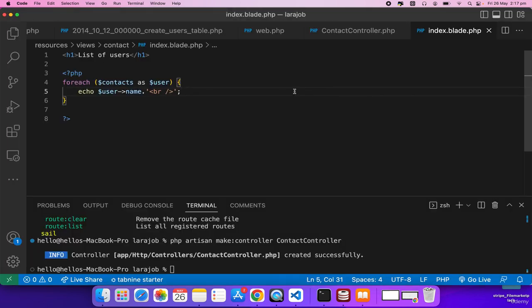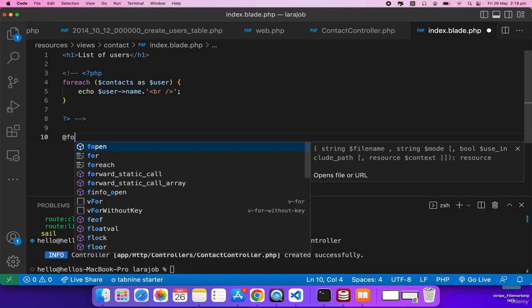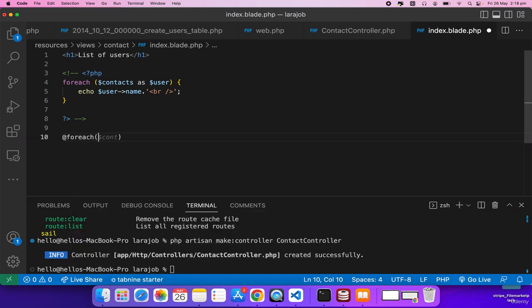So in Blade we usually avoid this type of syntax. We'll not be using the PHP tag. So instead of this we'll do something like this. I'll show you. We'll write @ and then foreach, and then we have to end this foreach with @endforeach. This is the Blade syntax, and in the foreach here we write contacts